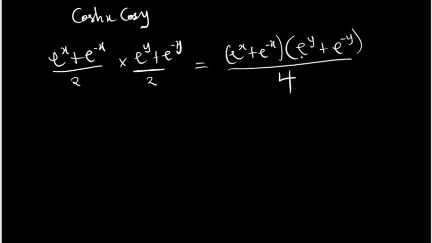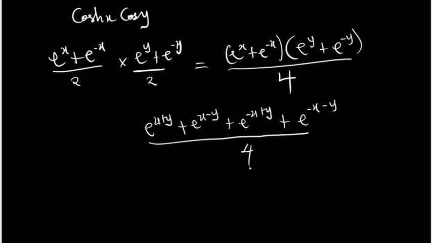Let's perform the multiplication for the top. E exponent x times this one will give us e exponent x plus y. E exponent x times e exponent minus y becomes e exponent x minus y. Then this guy will take over, plus e exponent negative x plus y, and multiplying this will give e exponent negative x minus y, all over 4. Then let's pick the other one,